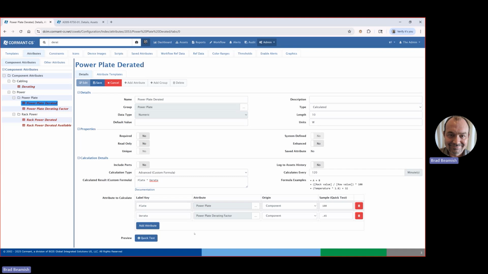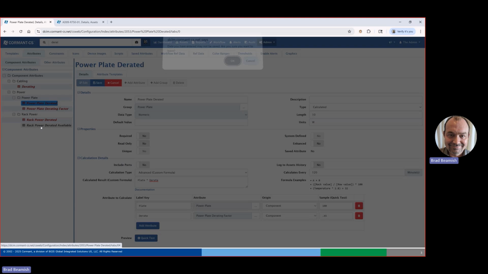I appreciate this is a rather simplistic one, but I think one that everybody has thought of trying to implement at one time, or thought it would be nice to have, but the hurdles to getting that implemented and maintained over time were maybe not worth it. But now this is a simple retrofit fix you can put into your build and get these power plate derated values. Once you have them at the component levels, then of course you can aggregate them up to